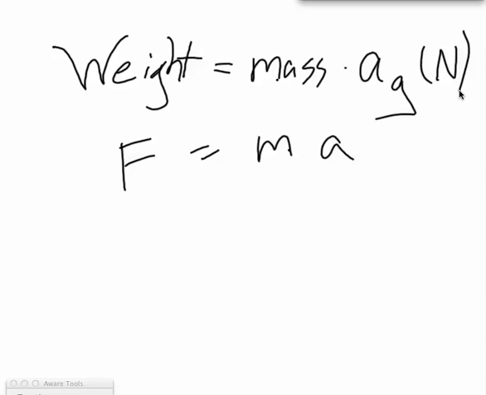So, weight, in physics, this is another one of those terms you've used all the time that's been abused in a sense. Weight is not in kilograms or pounds. Weight is measured in newtons. And it's just mass times acceleration due to gravity, which we all know and love. And what is acceleration due to gravity? 9.81 meters per second squared. 9.8 meters per second squared. We're just going to leave it at 9.8. 9.81 you can do in high school, and then you can go beyond that when you go to college.